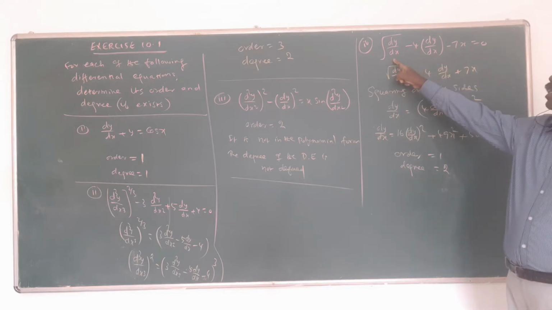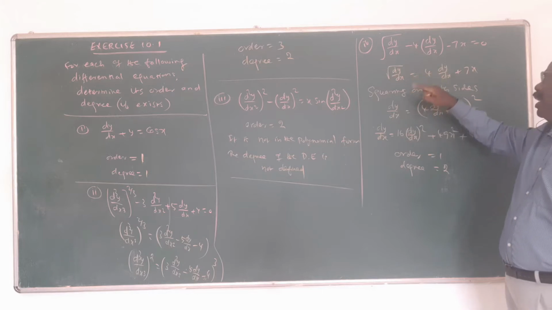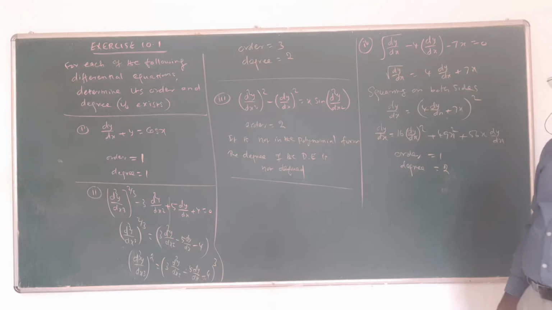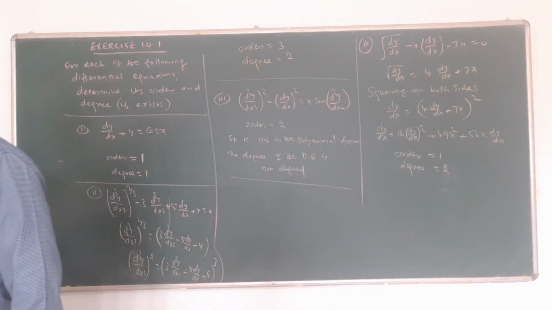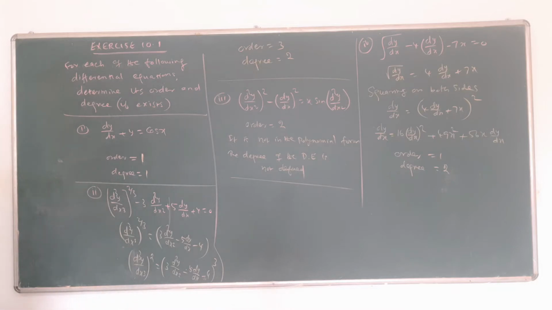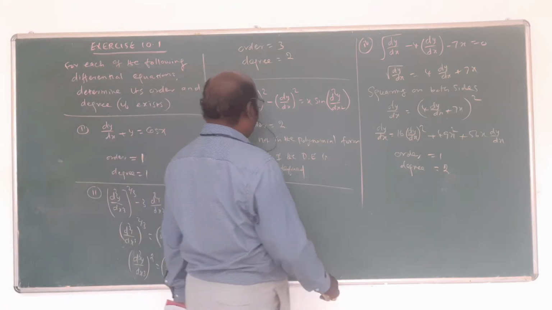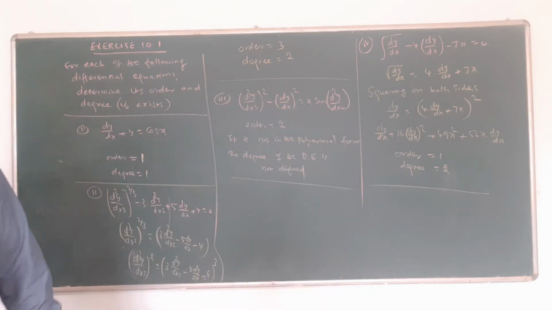Now, what is next over here? The square root is there, that is a whole power of a fraction. We do not want a fraction. That's why we square the equation on both sides, then simplify, then find the order and degree. In some problems, directly find the order and degree. Suppose a fractional whole power is involved in it; to remove the fraction, that's very important, then we will find the order and degree. This type of question is not in polynomial form, that's why the degree is not defined. The remaining part is also like that.